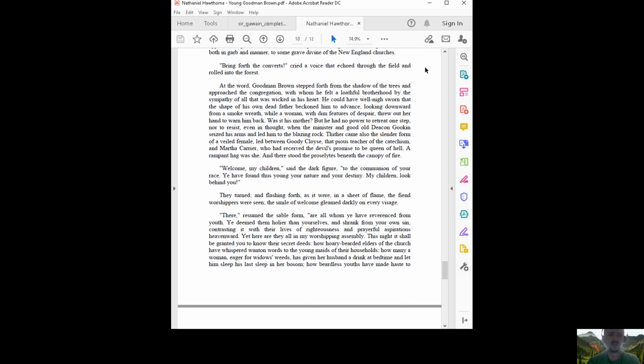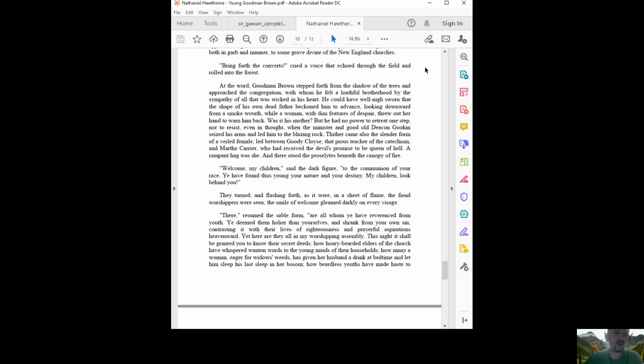At the word, Goodman Brown stepped forth from the shadow of the trees and approached the congregation, with whom he felt a loathful brotherhood by the sympathy of all that was wicked in his heart. He could have well nigh sworn that the shape of his own dead father beckoned him to advance, looking downward from a smoke wreath, while a woman with dim features of despair threw out her hand to warn him back. Was it his mother? But he had no power to retreat one step,